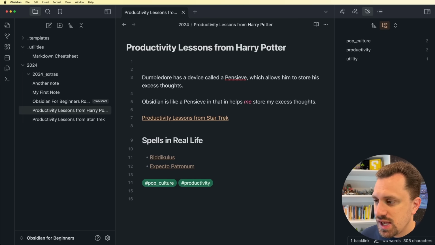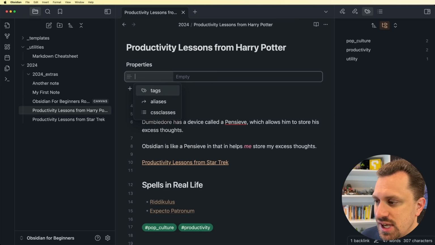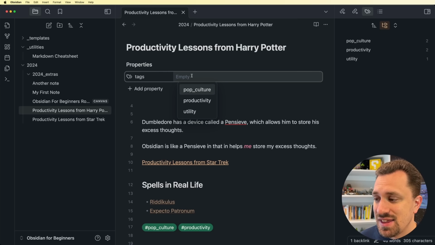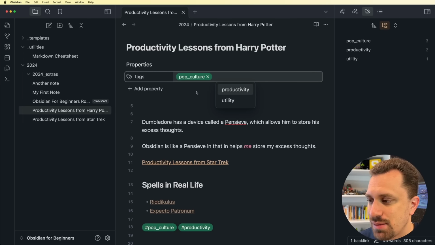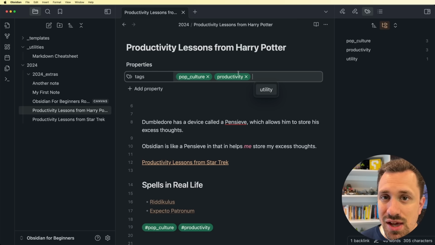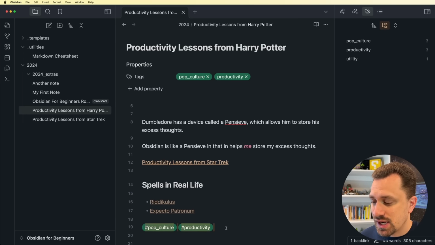So I'm going to hit enter a couple of times and then you just add 3 dashes to the top of the file. Dash, dash, dash. This will create properties. Just like tags, it'll come up with a list of all the properties that you've used inside your vault. So I can just quickly hit tags. And then because it knows that this is tags, it gives me a list of all the tags that I have used in my vault. So I can add pop culture and productivity up here in the metadata. And then I can delete them from down